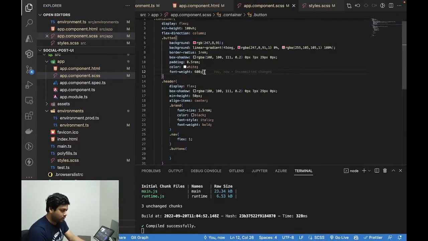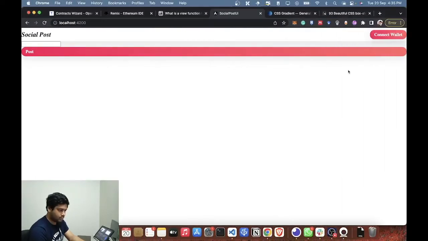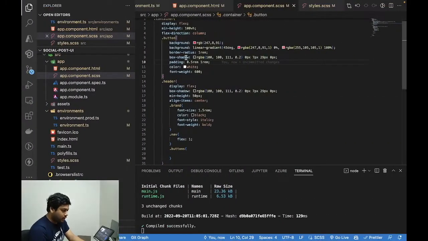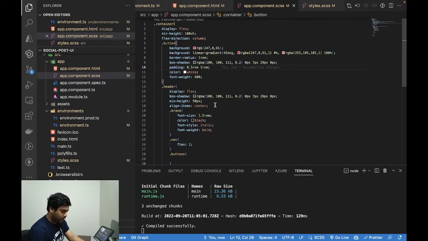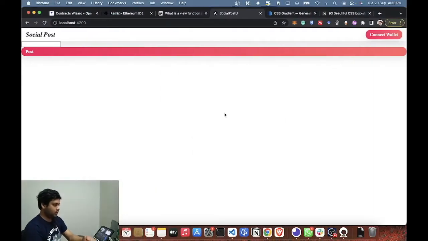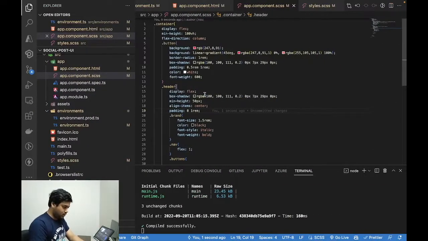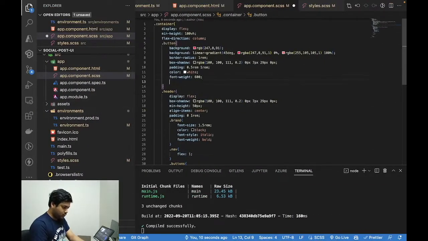Okay. Padding. Yeah, this will give some spacing. We'll also need to give a padding to this, and give it a 0 padding. Okay, so we have our header, we have a connect wallet button, and we'll set cursor pointer,